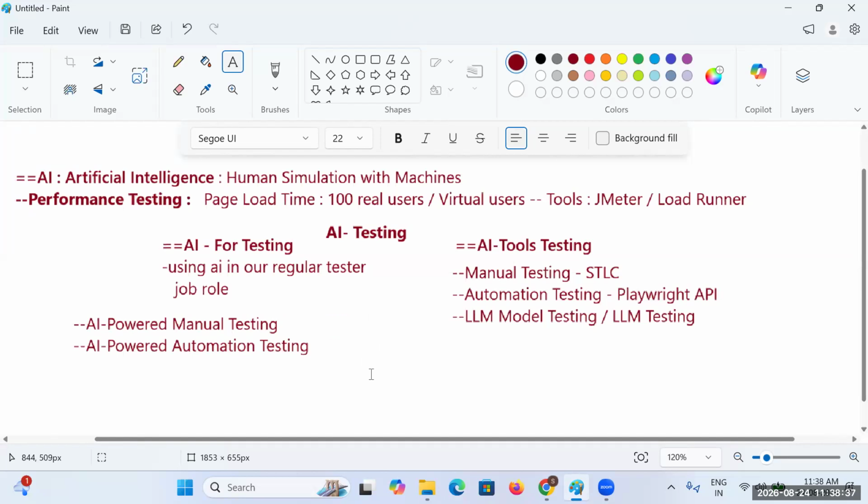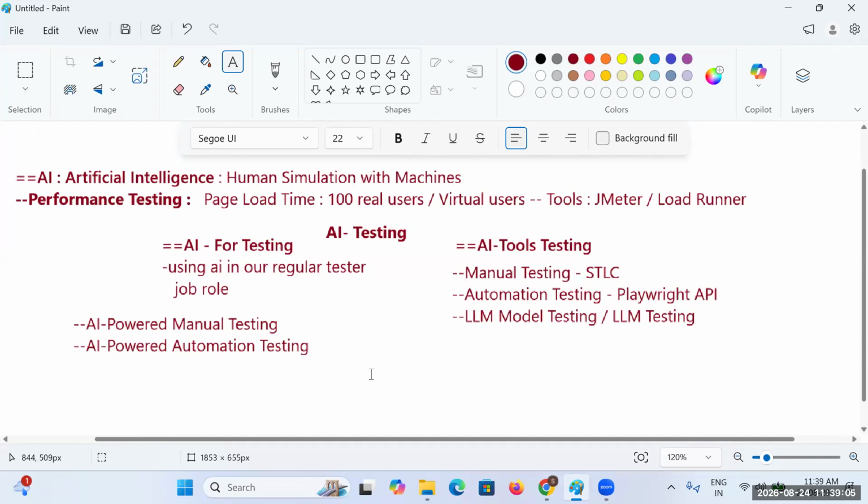A lot of things need to be done, which will take some time to complete these AI concepts here. So this is your first understanding to go with this AI concept.